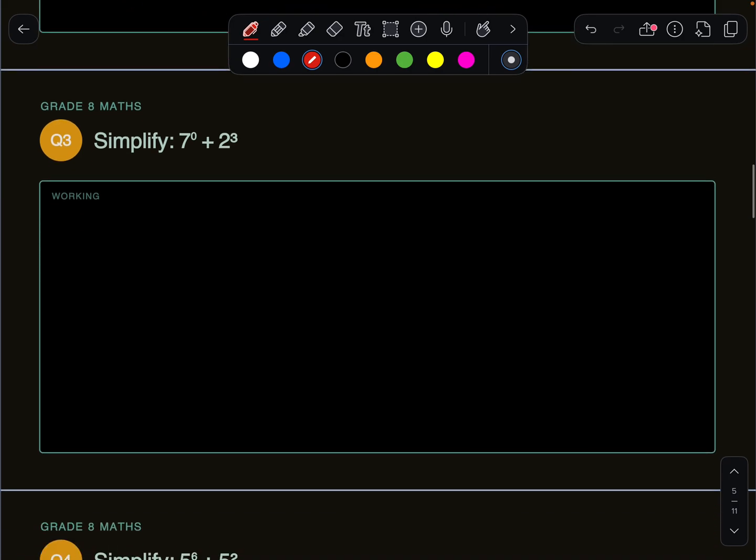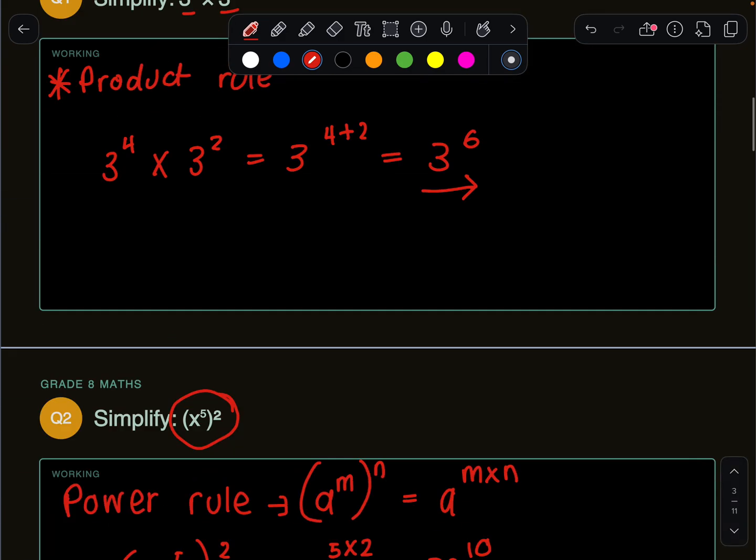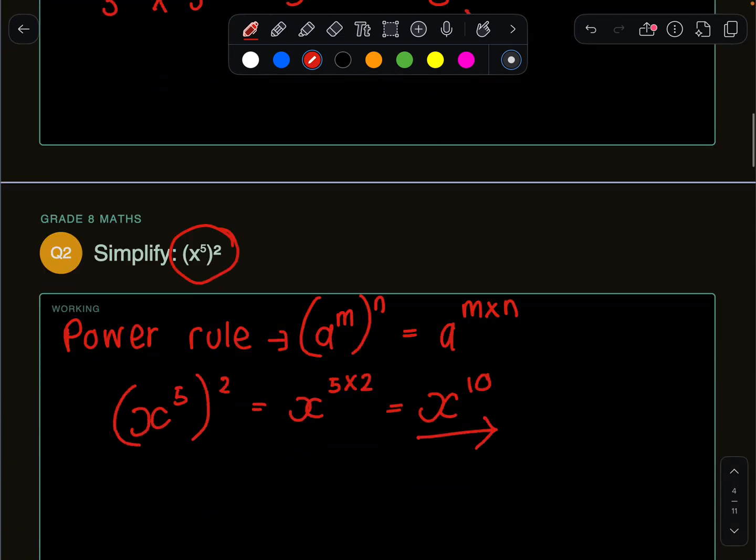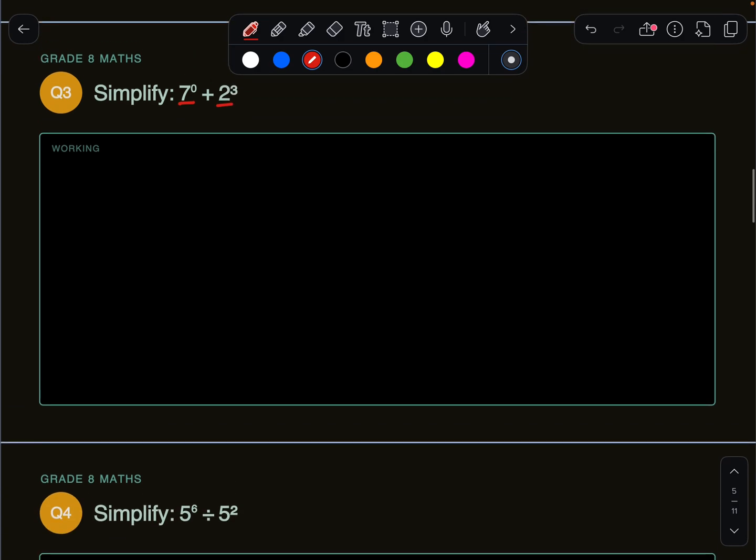Question 3, simplify 7 to the power of 0 times 2 to the power of 3. They're making it seem kind of tricky here because you've got a base of 7 and a base of 2, so maybe you're a little bit worried at first. But this 7 to the power of 0 is, I think it's called the zero exponent law. Anything to the power of 0 is 1, so that is what we're going to use here. 7 to the power of 0 is just 1, because anything to the power of 0 is 1. And so this expression becomes